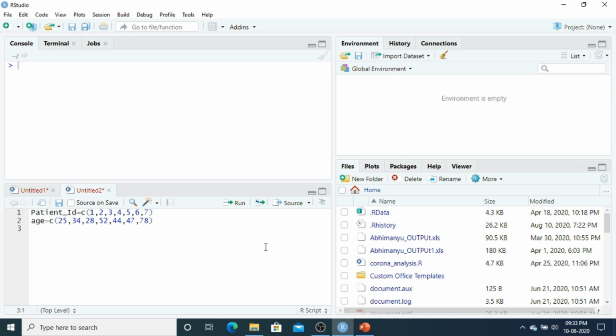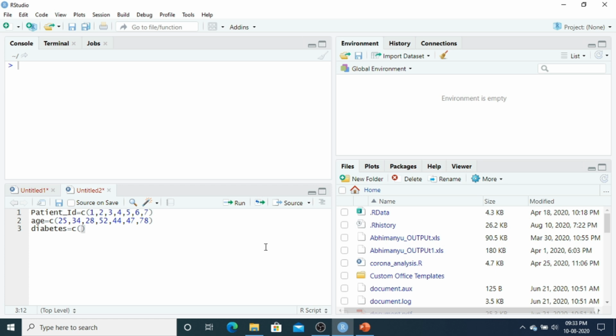And what else is given? Diabetes. Actually there are usually two major types of diabetes we consider, type 1 diabetes and type 2 diabetes.